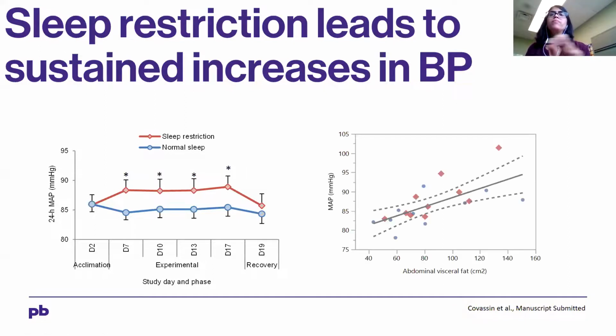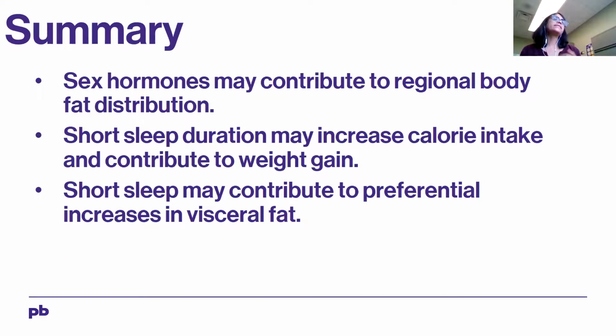And interestingly, the mean arterial blood pressure in these studies was still associating very well with the abdominal visceral fat, suggesting that the visceral fat location is going to alter your blood pressure and increase the blood pressure if you were doing sleep restriction, and it's going to continue doing that even after recovery unless you have made efforts to lose weight. So to summarize,